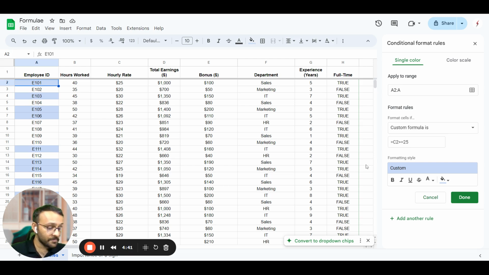I hope this was clear. There are more interesting formulas right now. Let me quickly show it to you. For example, if you want to highlight all the even rows as